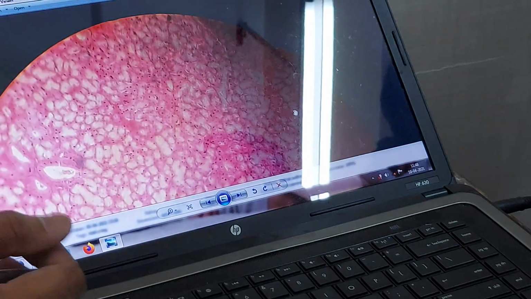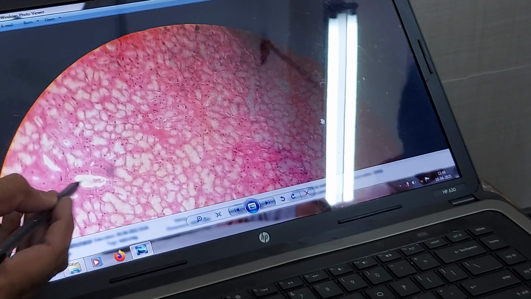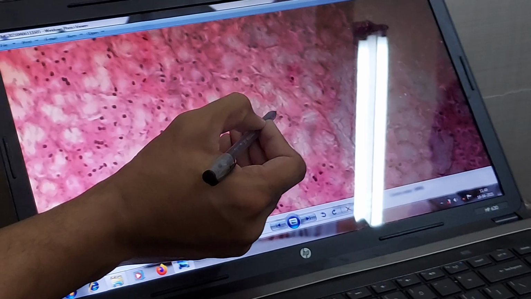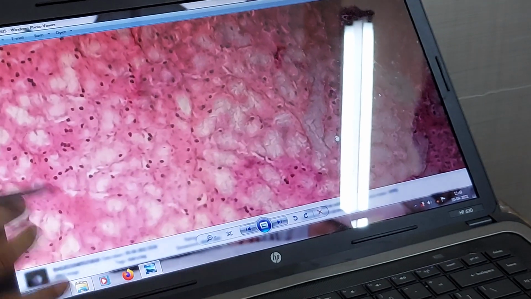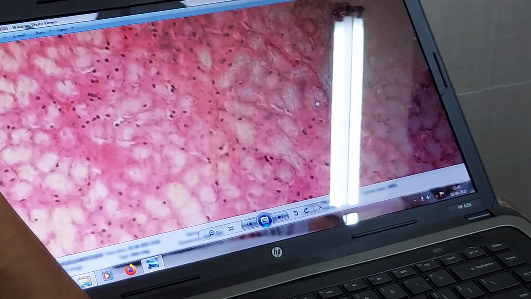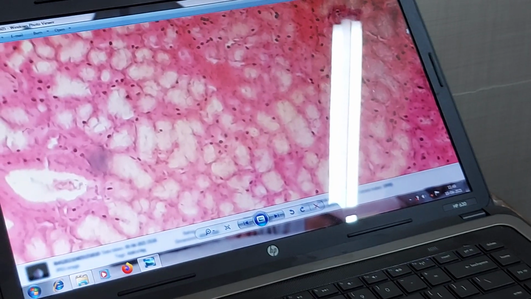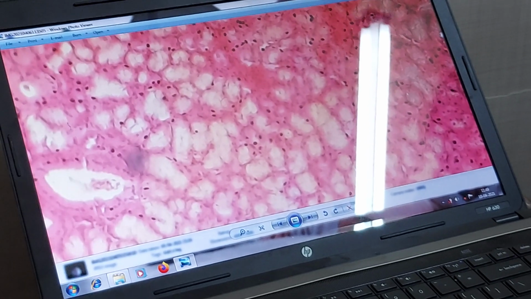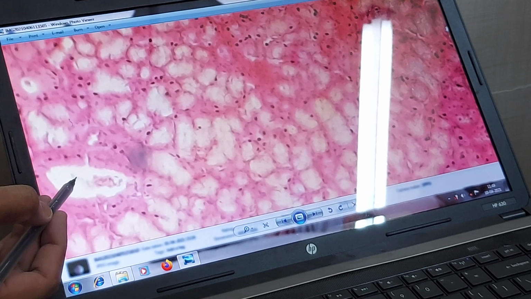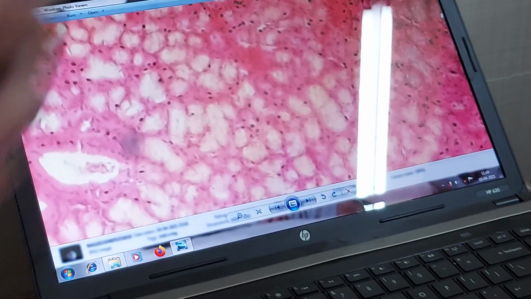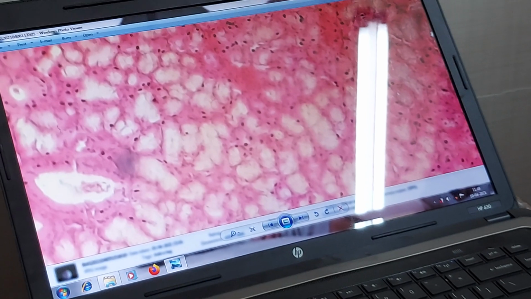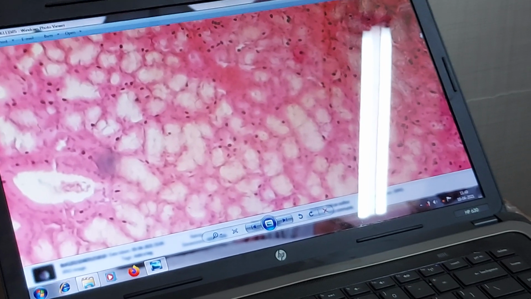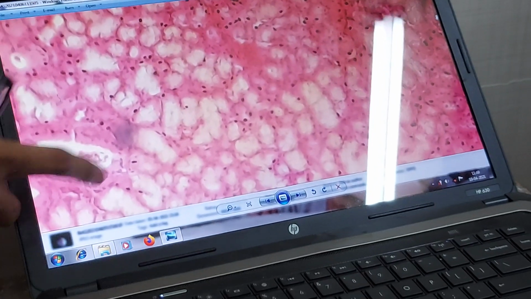And here you can see a thick-walled structure. Thick wall. If you compare this one, these are thin wall, isn't it? But if you see over here, this is thick wall. This much thickness of wall is there, isn't it? Right. And then a central space is there, the lumen. So it indicates the duct. For example, in a transverse section, the duct will appear like this. In a horizontal section, it will appear like this, vertically. So this is the horizontal section.